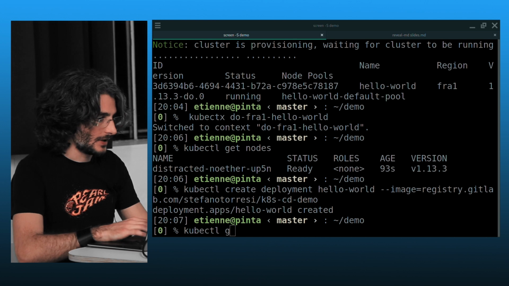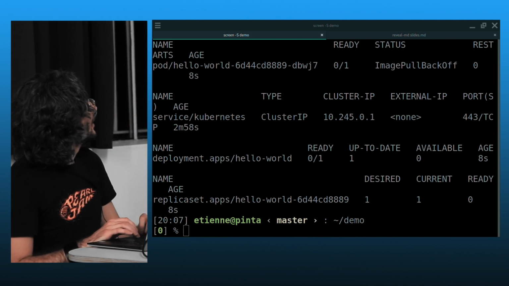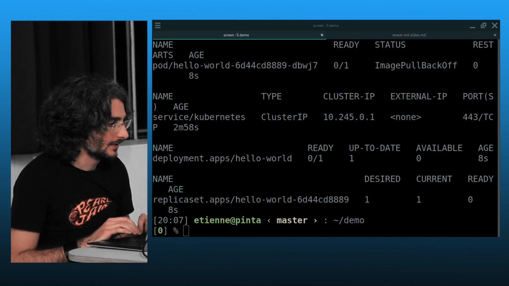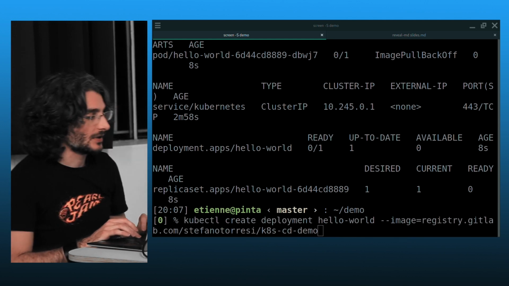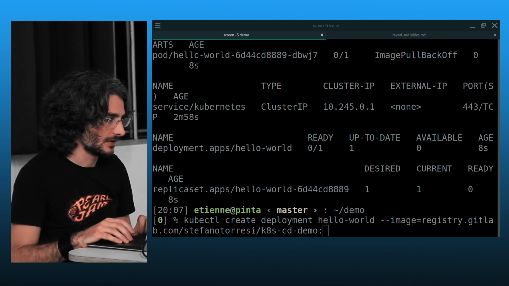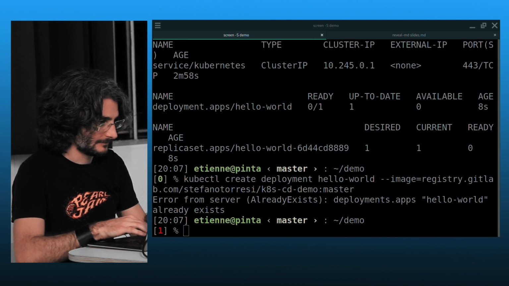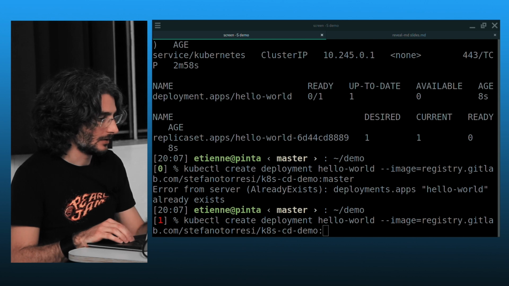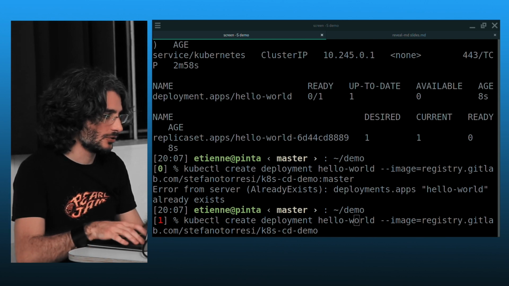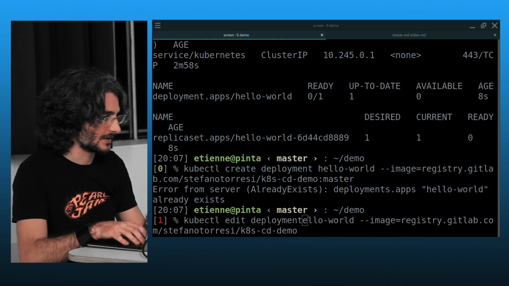What this is going to do behind the scenes is automatically create a bunch of workloads. We have a deployment and a pod, and we actually have an error, ImagePullBackOff, because I didn't specify a tag. So I'm going to have to update it, and you can even edit your workloads once deployed